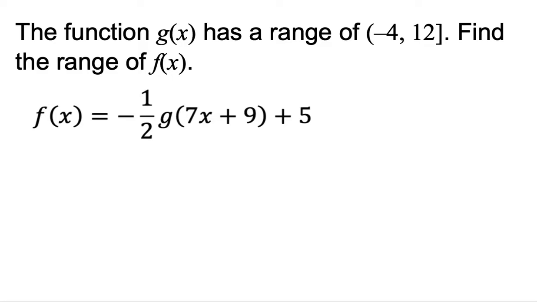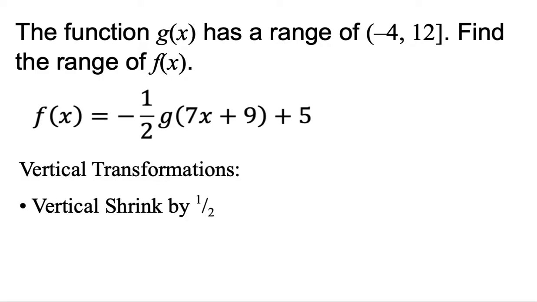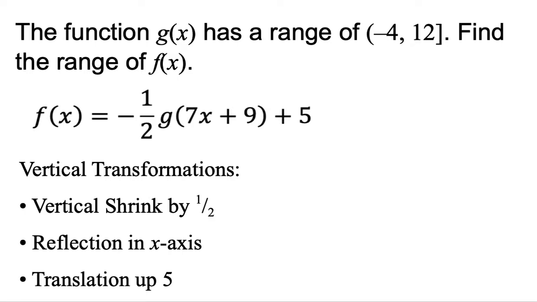The function g of x has a range of -4 non-inclusive to 12 inclusive. Find the range of the function f of x, where f of x equals -1/2 times g of 7x plus 9, plus 5. In this case, we are given the range of the parent function g. Next, we must identify the transformations that have been performed on g to obtain f. So the vertical transformations in this case are a vertical shrink by 1/2, a reflection in the x-axis, and a